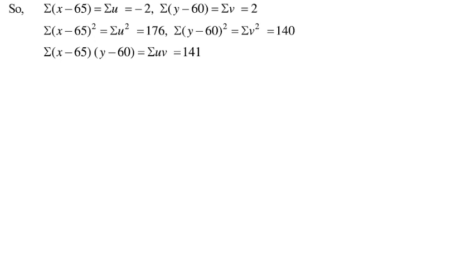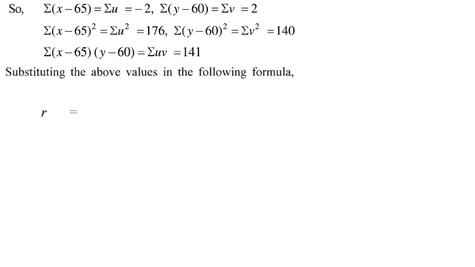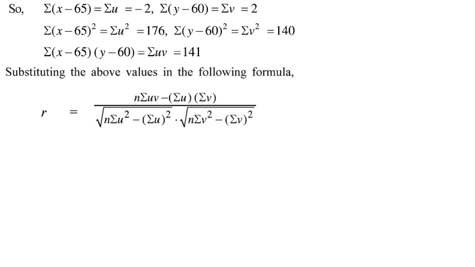Now when we have all the 5 necessary totals of the columns, we can start with our formula of the uv method. r equals n summation uv minus summation u into summation v, divided by under root of n summation u square minus summation u the whole square, into under root of n summation v square minus summation v the whole square. Putting the values,